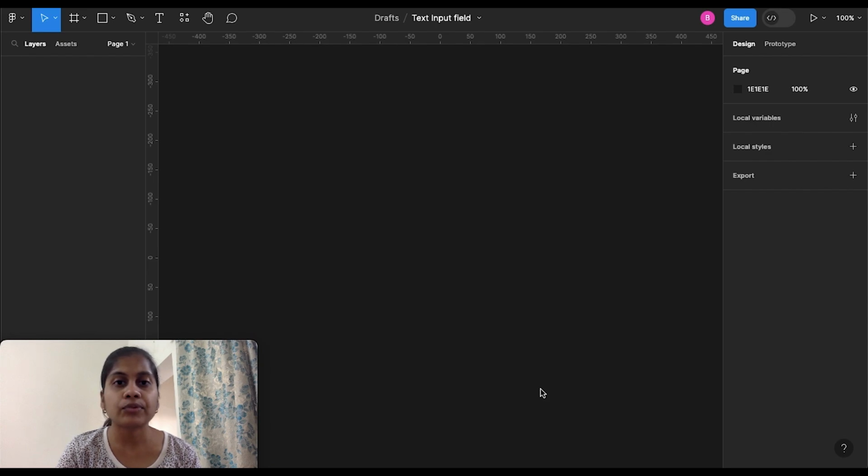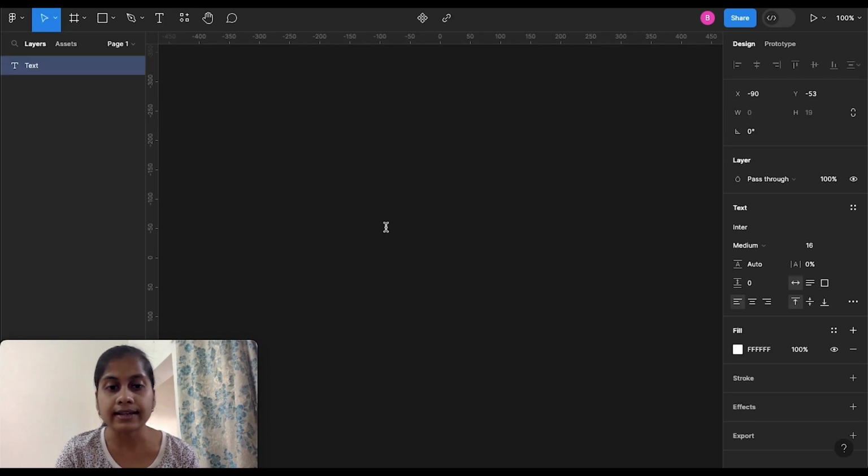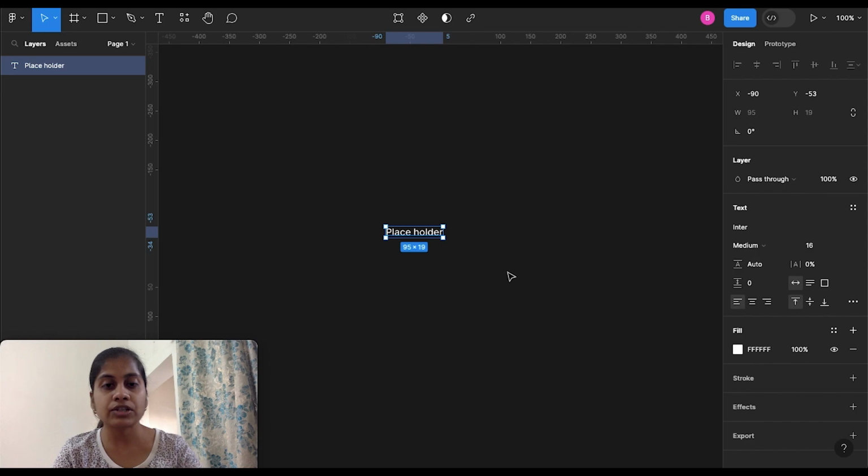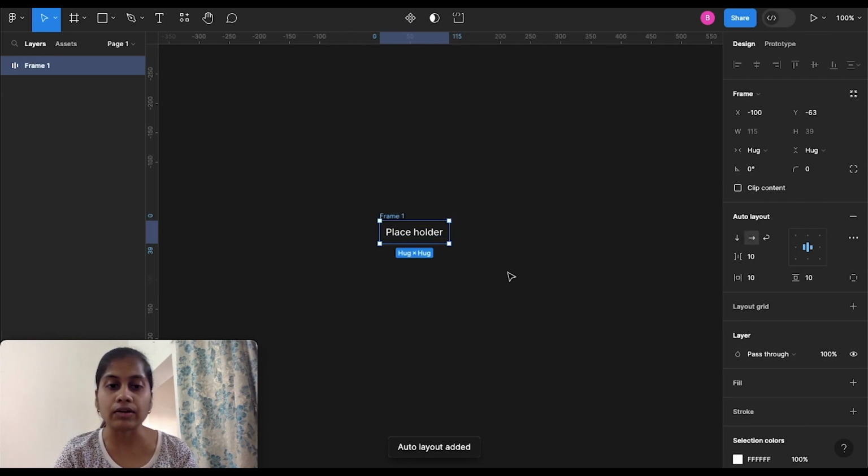So in this text input field, firstly we will be working on the user interface and then we will start working on the functionality. So for our user interface, firstly we want a text. So I'm randomly going to type something. So let's say placeholder. Okay, so now to keep it in a single frame, I'm going to create an auto layout. So just press Shift A on your keyboard to create an auto layout and it is going to create a frame for you. So now we will be doing some adjustments, alignments and also going to work on the styles